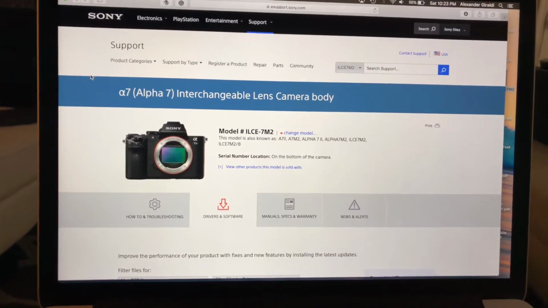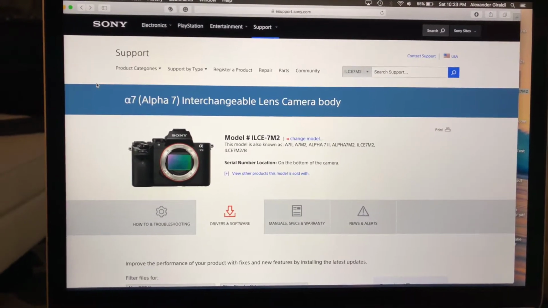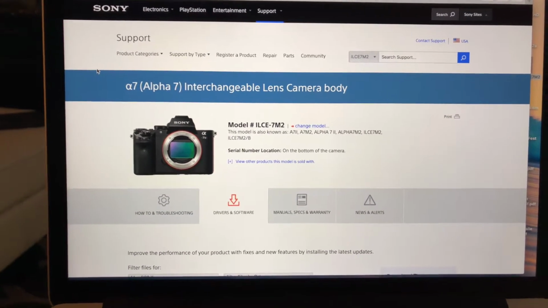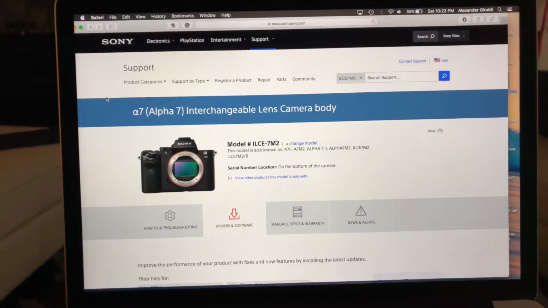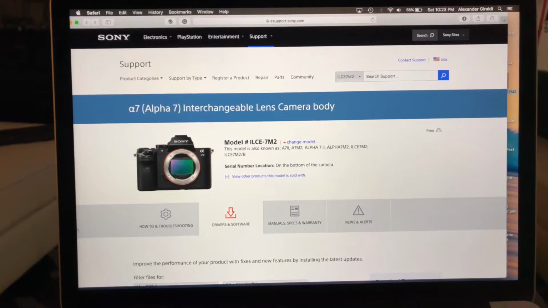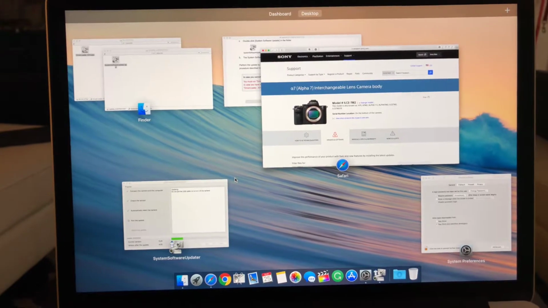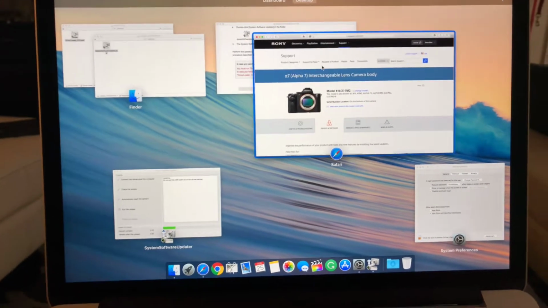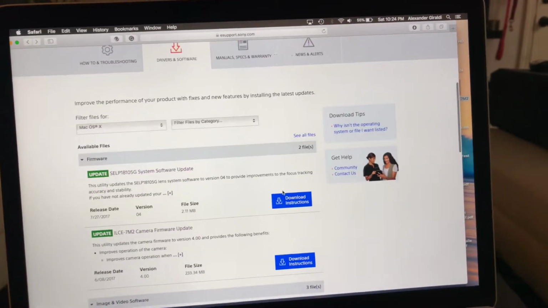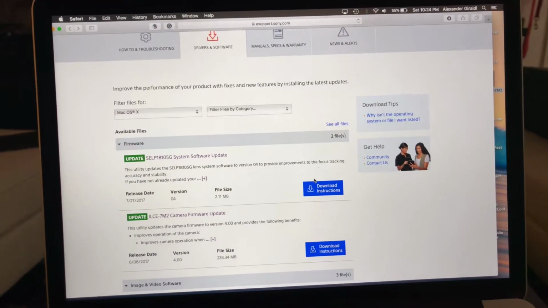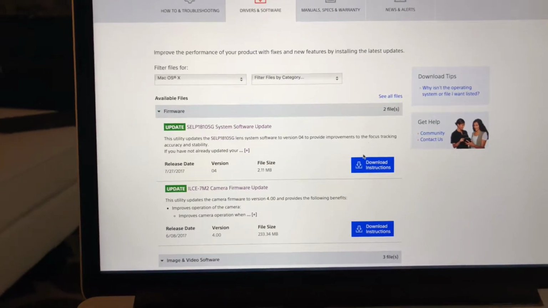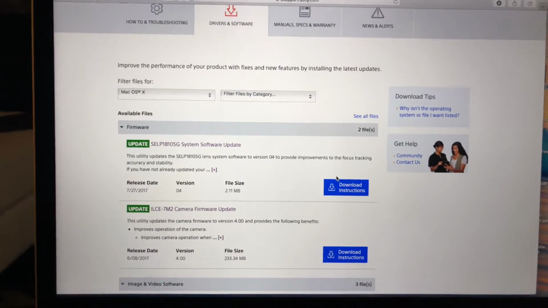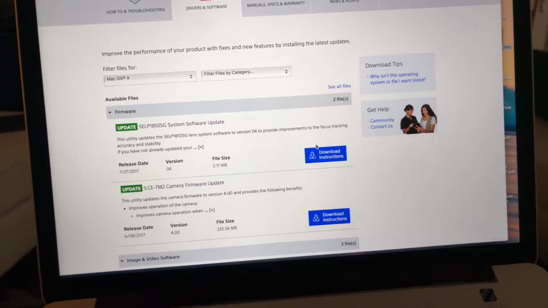I'm gonna show you guys how to do the update for the Sony A7 Mark II. I was having some issues, some problems every time I tried to update the software, the new software. I believe it is version 4.0. It was released in 2017. I had version 3.3 and I wanted to upgrade the firmware, but